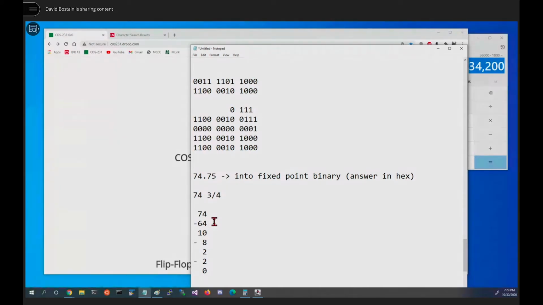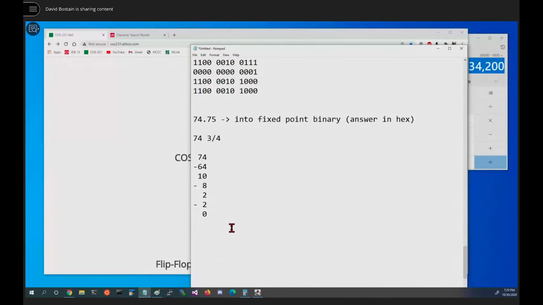Okay, so we need the 64-bit, the 8-bit, and the 2-bit. Since we memorized our positions and powers of 2, we know that's the 128, 64, 32, 16, 8, 4, 2, 1. We now have the number 74. We can test that also because this is the number 4 times 16, which is 64, plus 10. That's 10. That would add up to 74. So this is the number 74.